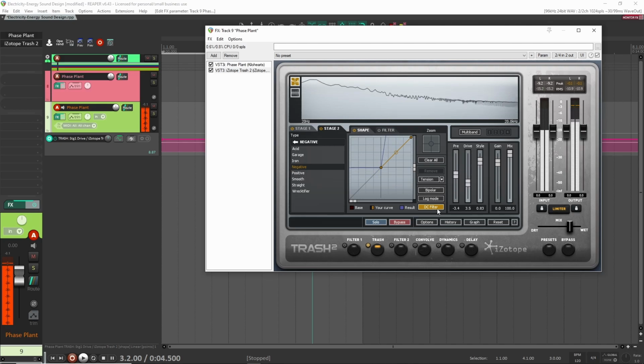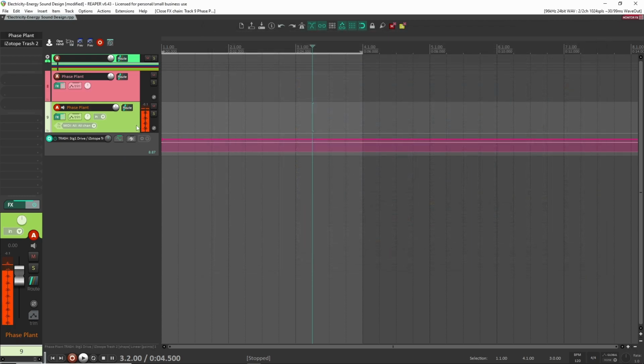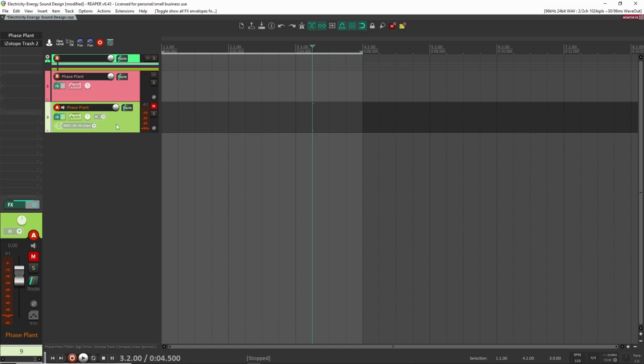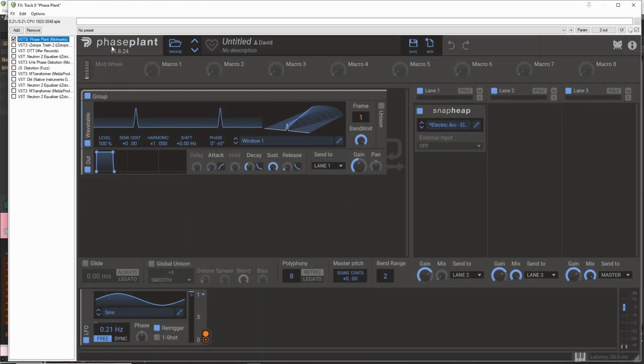And now you can start to hear that kind of basic outline of the electric arc. Now there's a lot more effects that I've added onto my other sound, but this is the basic technique. So you can do this, add multiple effects, and then you can build it out like that. So let's actually go into the sound effect that I created here and look at layer by layer what I created. So let's start with this faceplant layer,